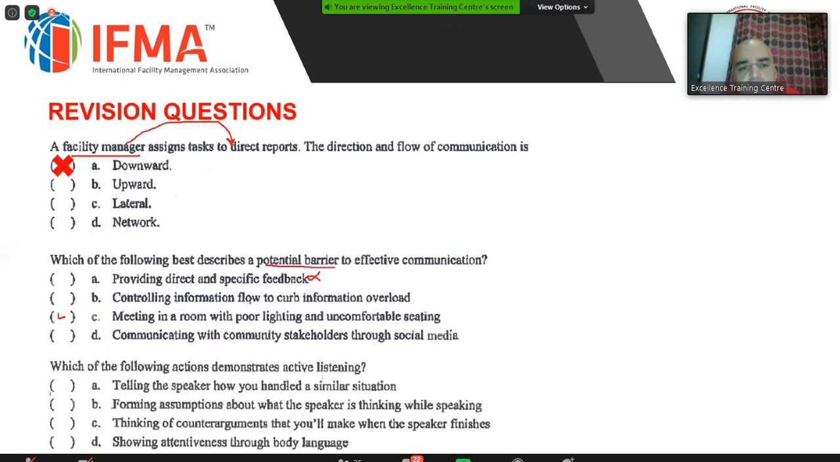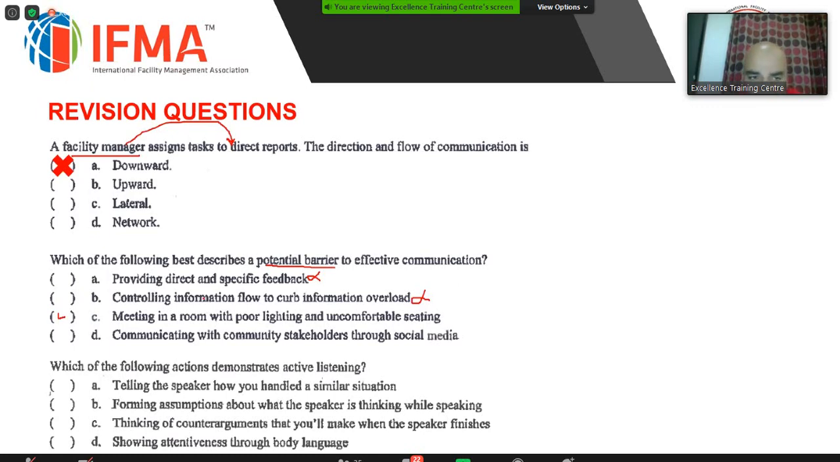Controlling information flow to curb information overload. If you are only conveying the right information and you are not bombarding the recipient with information, is this something good or bad? This is something good. So you should eliminate it from the options. This is not a barrier. In a typical example, your boss is telling you to report the progress on a project, and then you tell him, today 5 people came 10 minutes late, and then we went and had lunch at so-and-so time. You are really throwing too much unnecessary information. And if you are selecting what you need to send, you are communicating